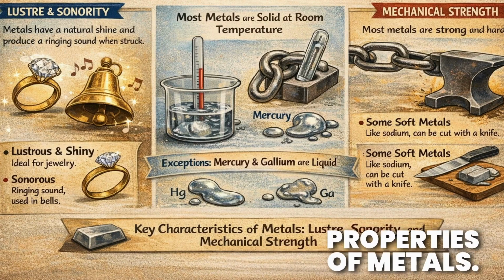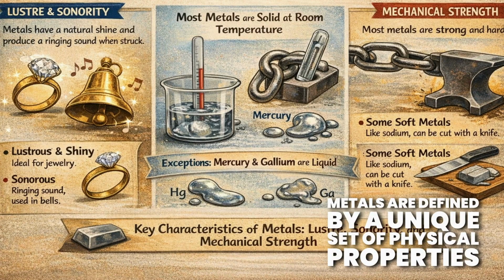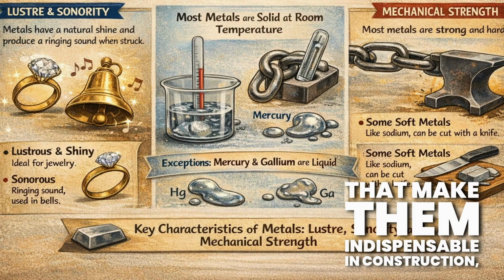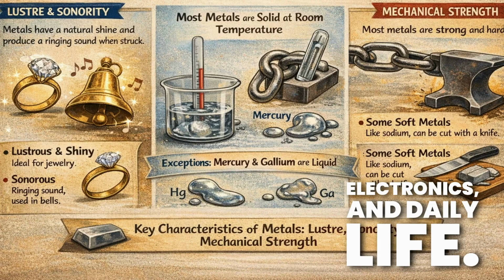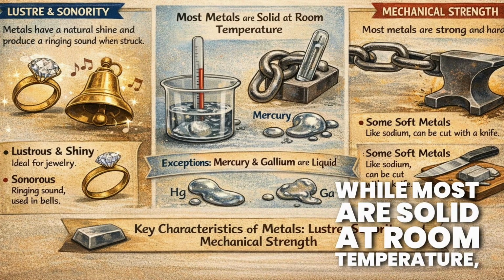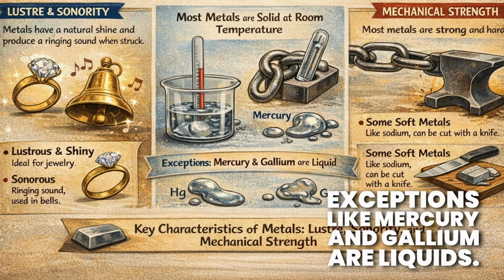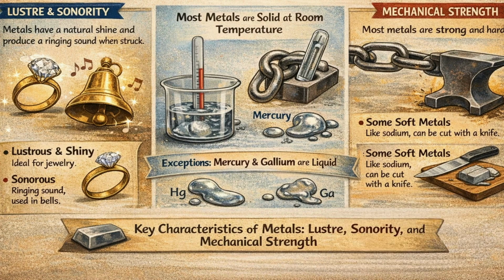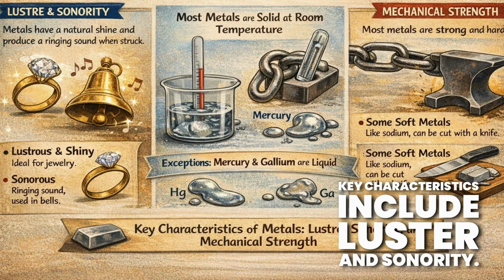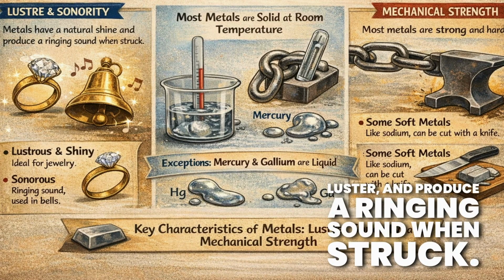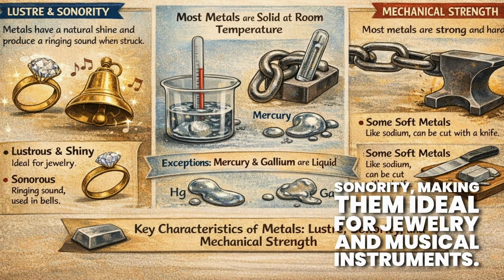Properties of metals. Metals are defined by a unique set of physical properties that make them indispensable in construction, electronics, and daily life. While most are solid at room temperature, exceptions like mercury and gallium are liquids. Key characteristics include luster and sonority. Metals possess a natural shine, luster, and produce a ringing sound when struck, sonority, making them ideal for jewelry and